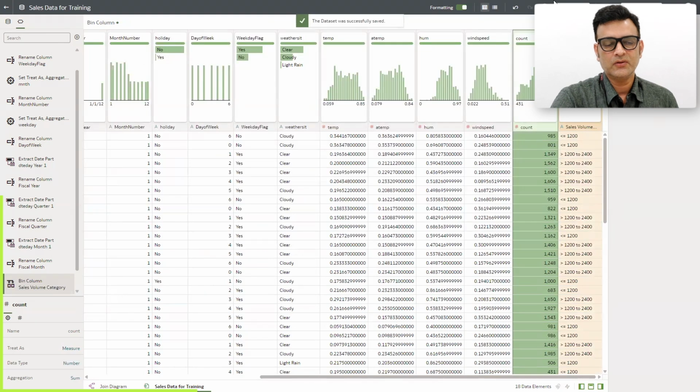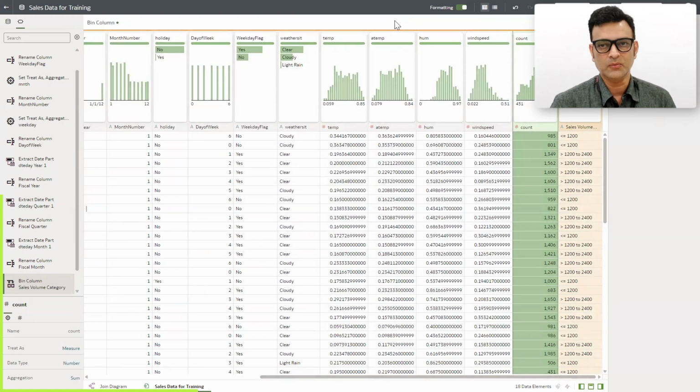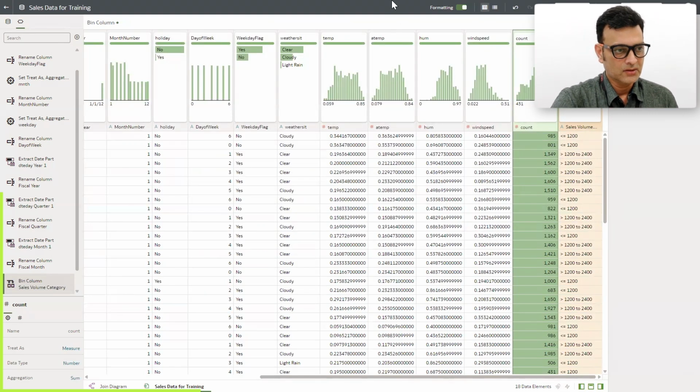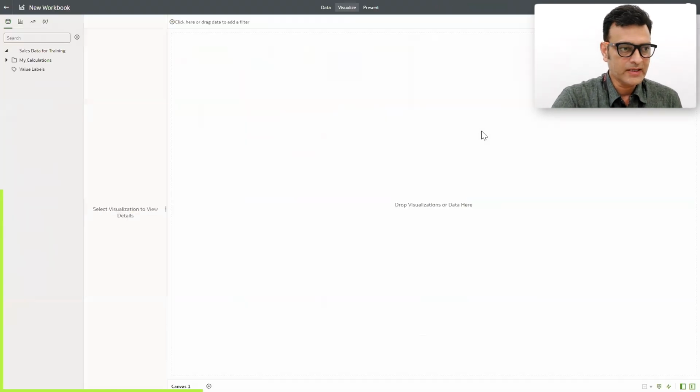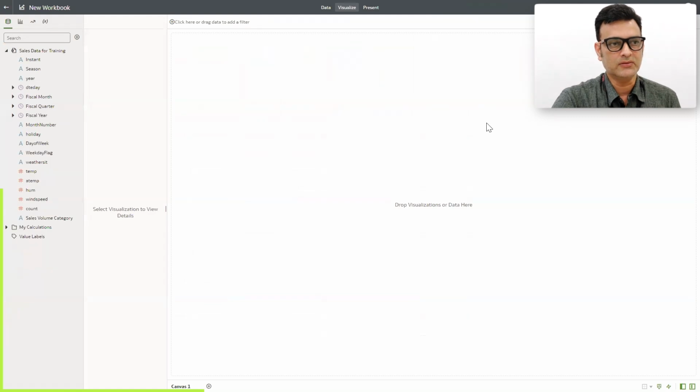Now, once you have uploaded the data set, say you want to do your analysis and create a workbook. This is how the interface would look. On the left hand side, you have the data set with all of these columns, and you see that we also have the new column that we just created. If I want to quickly do some visualizations, I'll just do count. This is how the count looks. I want to change the number format, where I'll say it is a number, but I want an abbreviation with 2 decimals. This is how the sales would look.